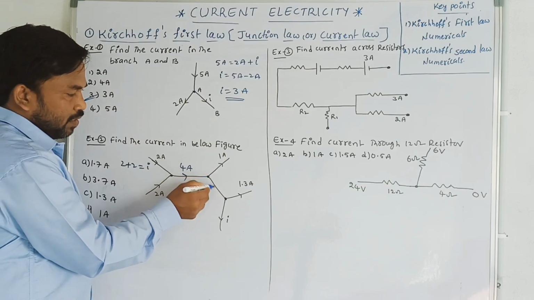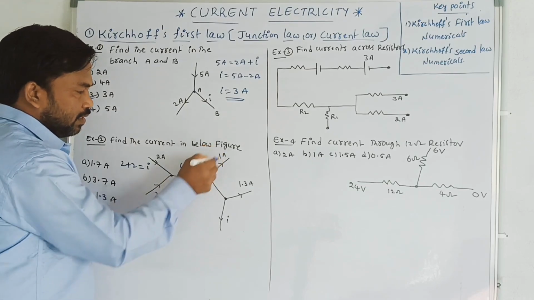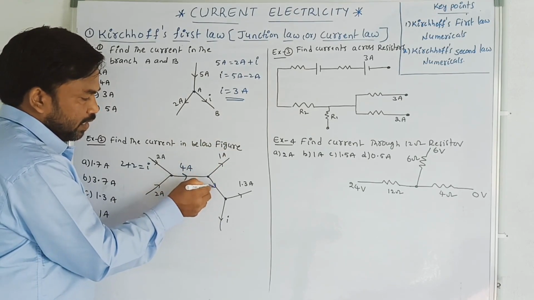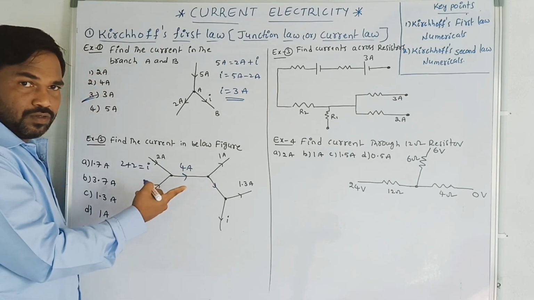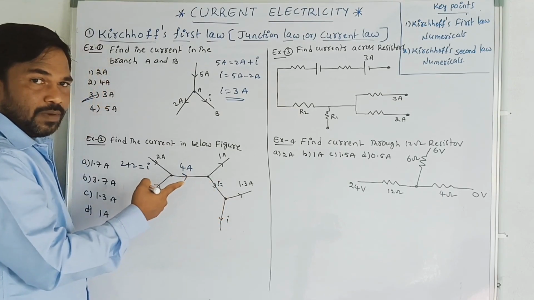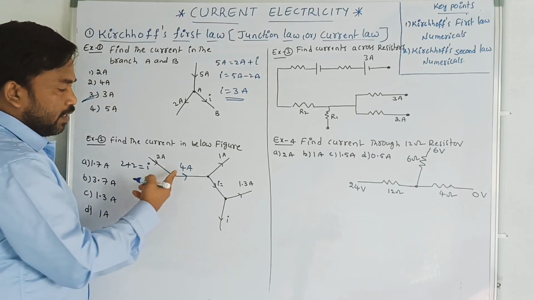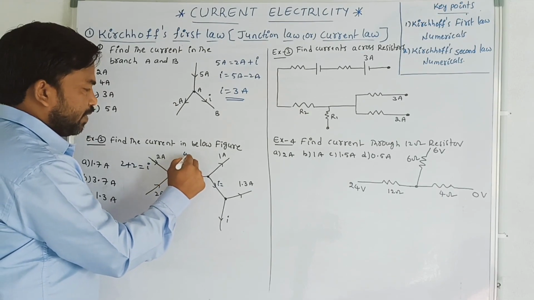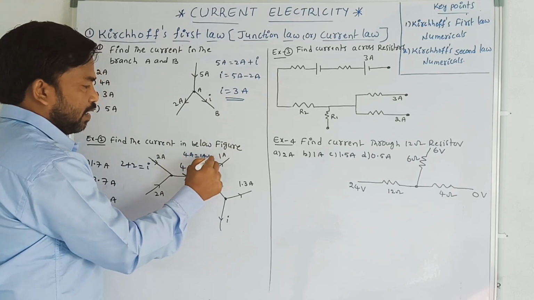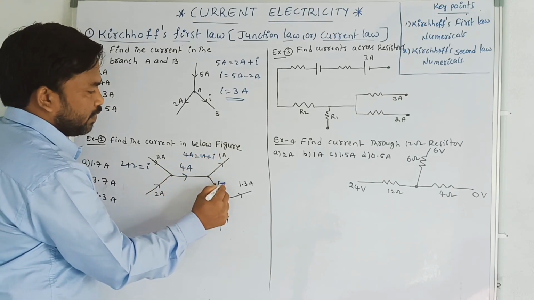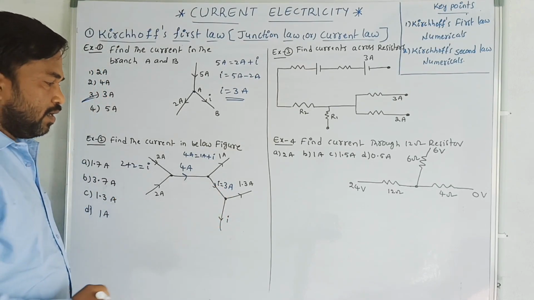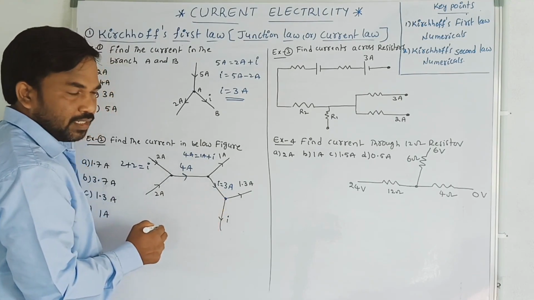Now again observe here, the current is again distributing. The sum of the currents entering the junction is always equal to the sum of the currents leaving the junction. We don't know this current, we have to find it. To find the current value, we have to apply the current rule. What are the currents? 4 ampere is equal to the sum of the currents leaving, 1 ampere plus I. Therefore, I is equal to 3 ampere. Now again this 3 ampere current is coming to this junction.